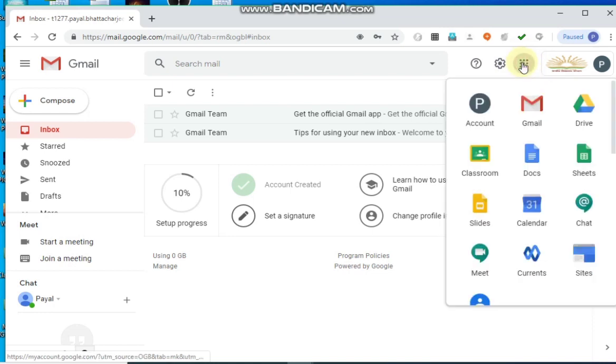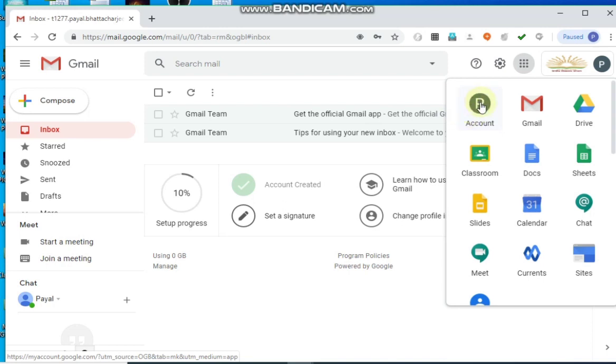So I'm clicking over here, and remember that when you are using this particular organizational G Suite account, if you are a teacher, then remember that you will add all the students, those who are having G Suite account of your organization, if they belong to the same domain. So right now you can see the different apps. Now here I have Classroom, there is Gmail, and this is my account where I can see everything. I can change my password and change different things.